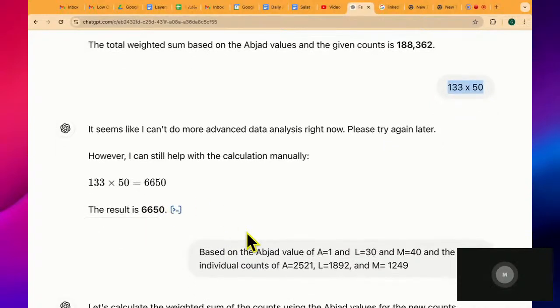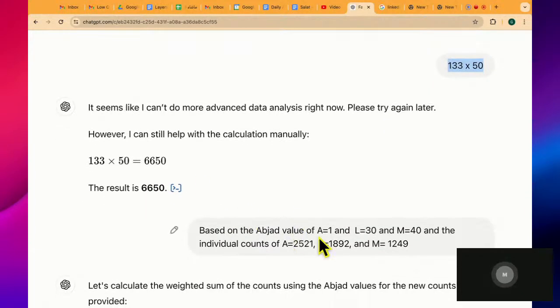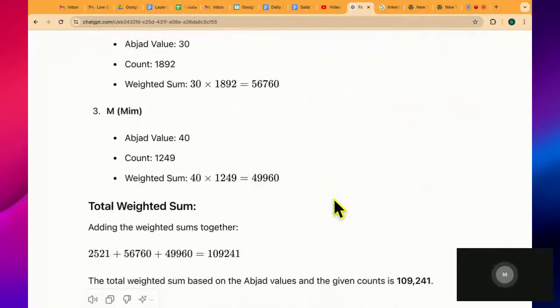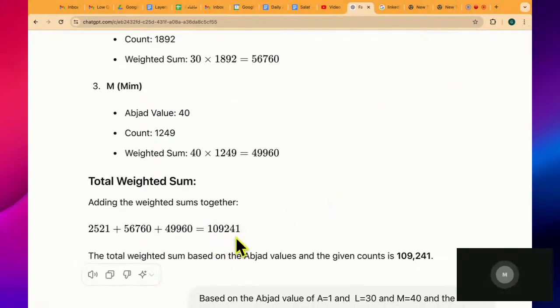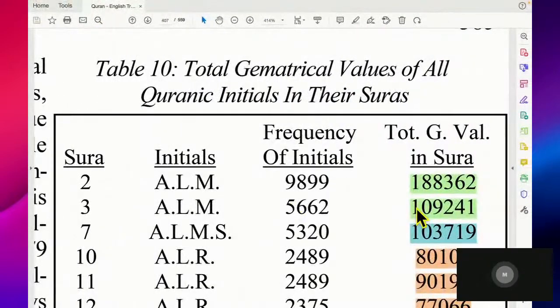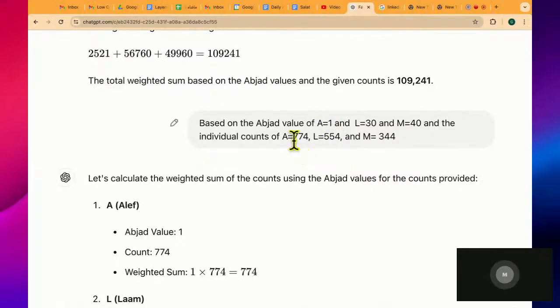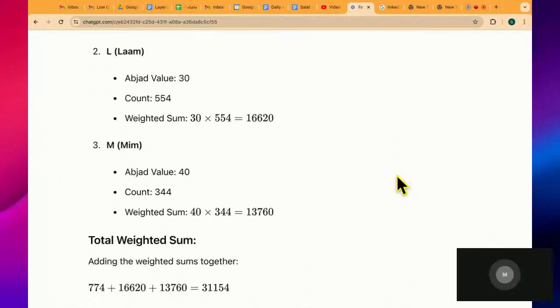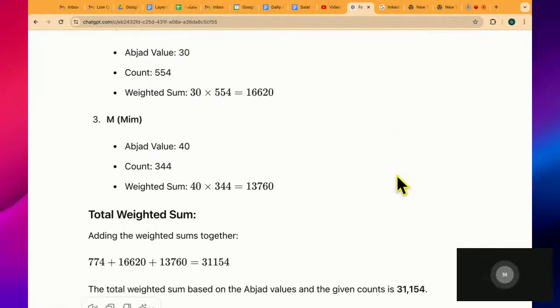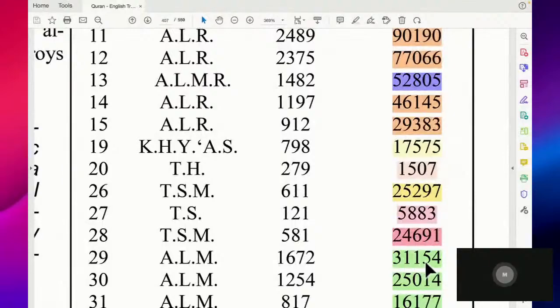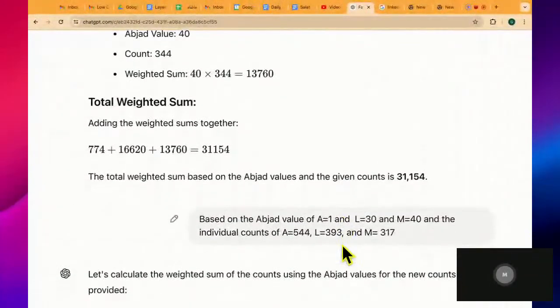Now, moving to chapter 3, the abjad value for chapter 3, right? I did the calculation here, and then it gave me the number 109,241, the same exact number. Surah 29, ALM. Here, I have the counts of A, L, and M, and the abjad value or the geometrical value. Do the counting: 31,154. Moving to the next one,